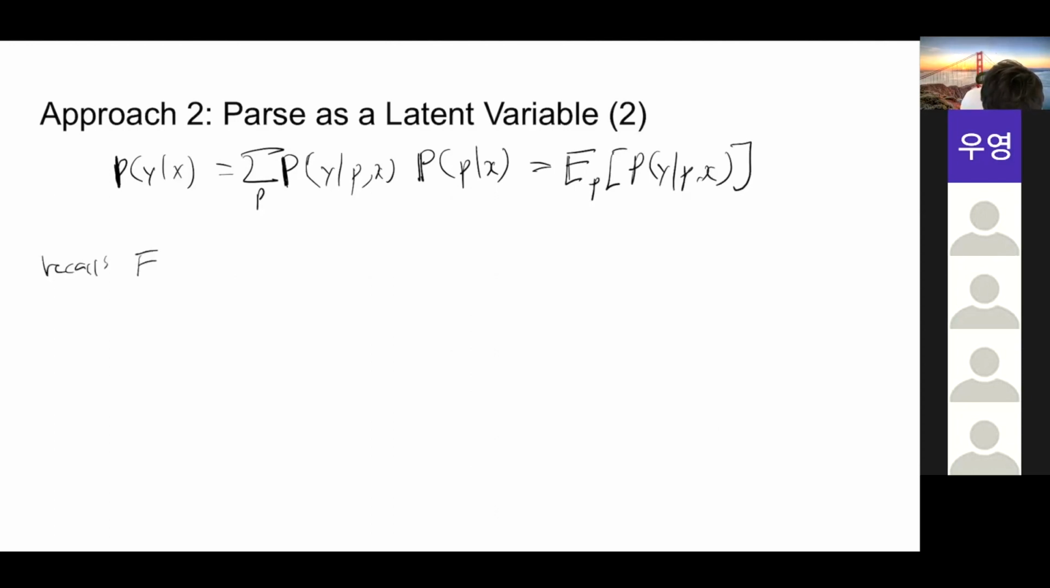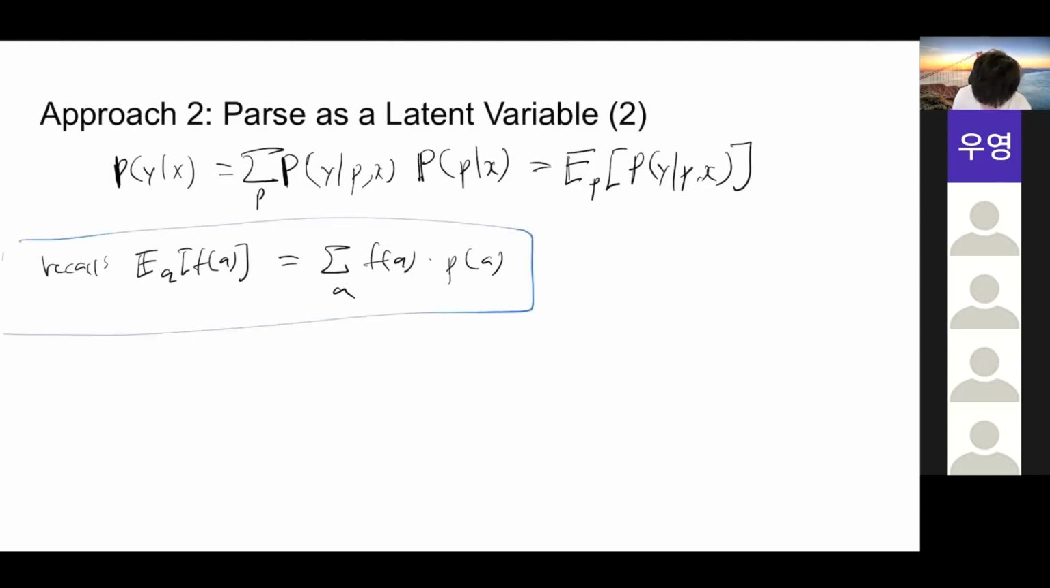Recall this: the expectation of a certain function over A is equivalent to the summation of f(A) times P of A over all A, right? So everyone knows this, I hope. This is just a recall. So then